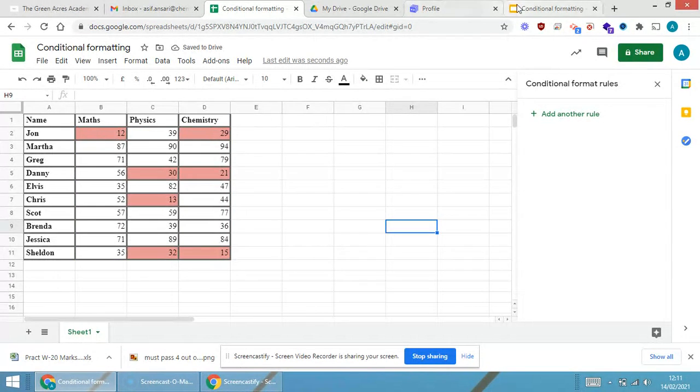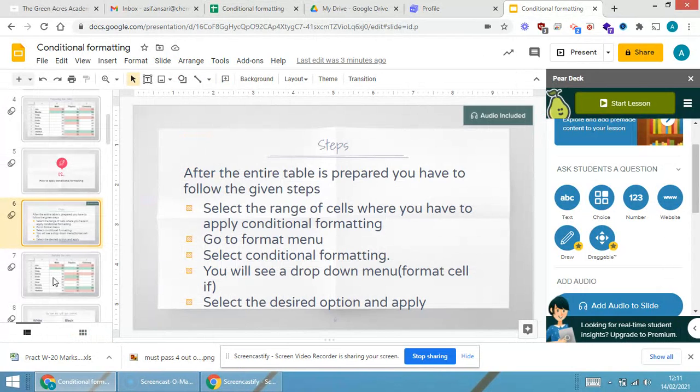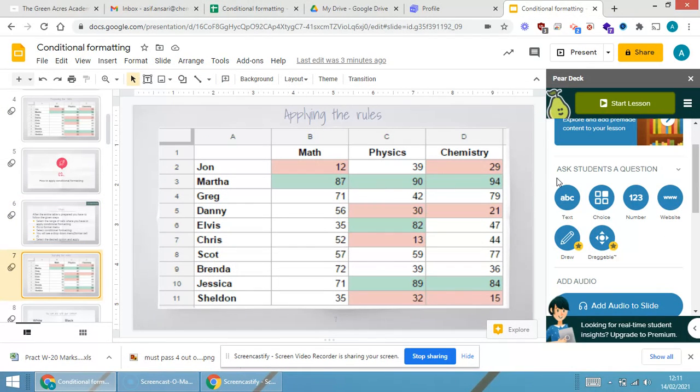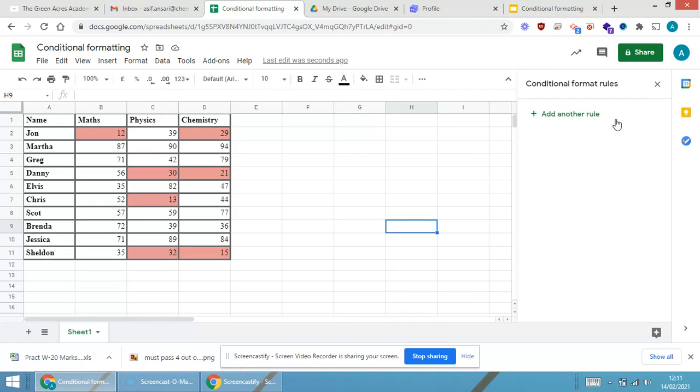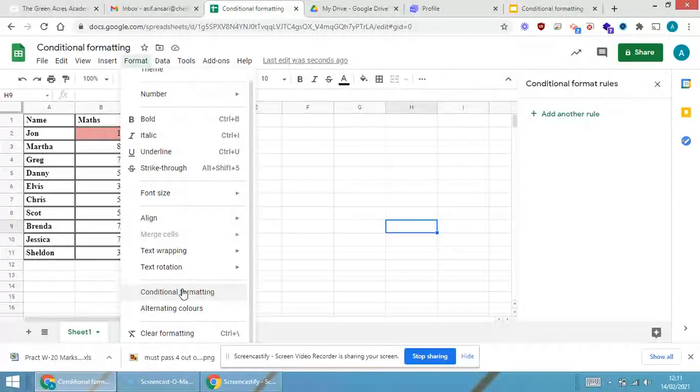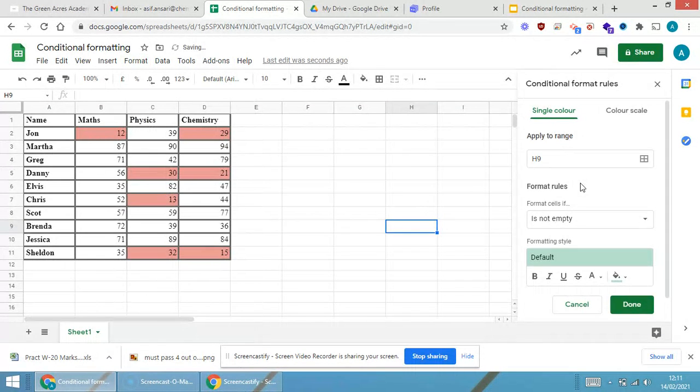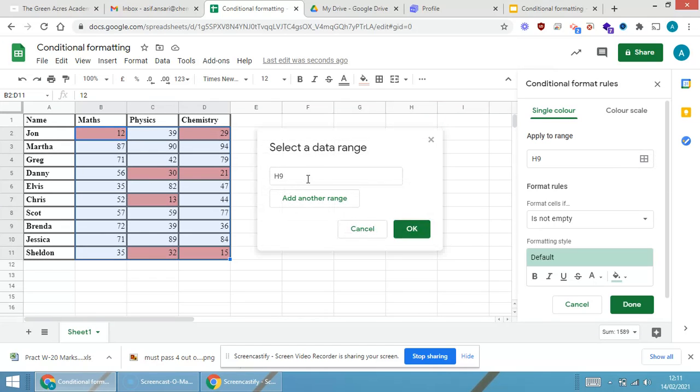this is done. Now you are able to see in the presentation, we have to see green color also for the students, those who have scored greater than 80. So over here, when the conditional formatting is applied, once when you click on format, conditional formatting, this window will get open again. Now again select the range of the cell from B2 to D11. Okay,